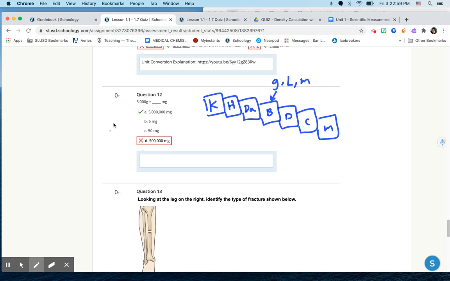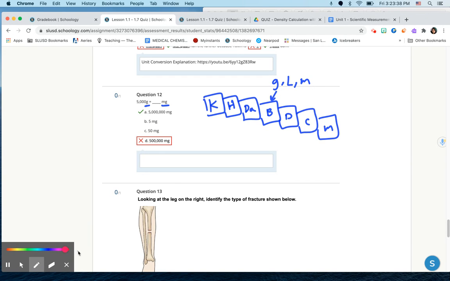All right, so in this video, we're going to talk about this question where you need to convert from 5,000 grams to how many milligrams is that? All right, so notice here that there's only a one letter symbol. So that means I'm measuring in grams or weight. All right, so grams is weight or mass, liters is volume, meters is length. Right? So if I only see a one letter symbol for 5,000 grams, and I want to figure out how